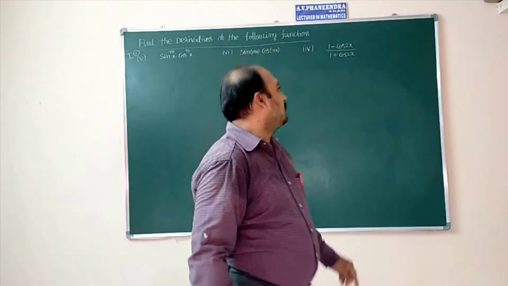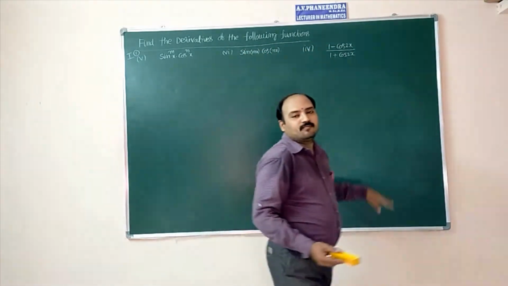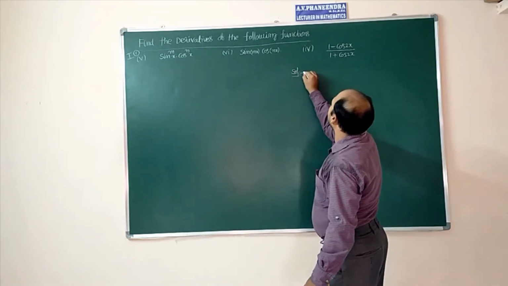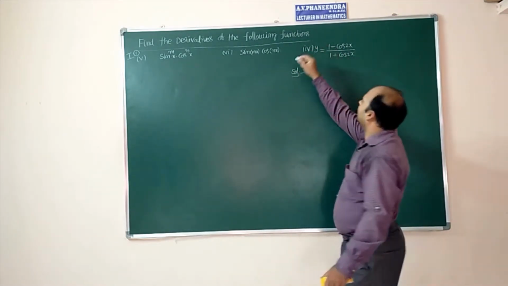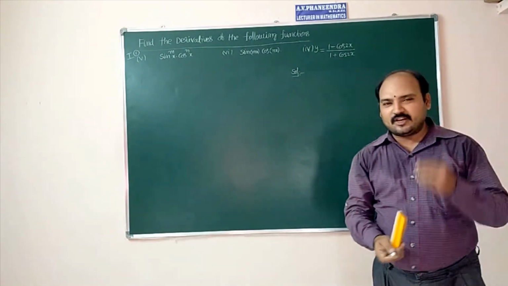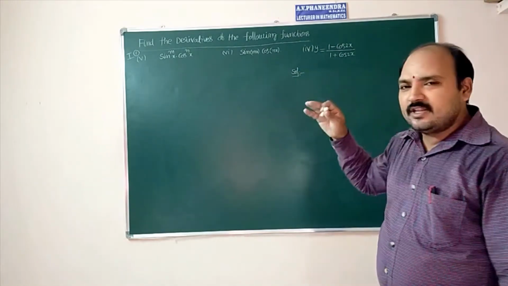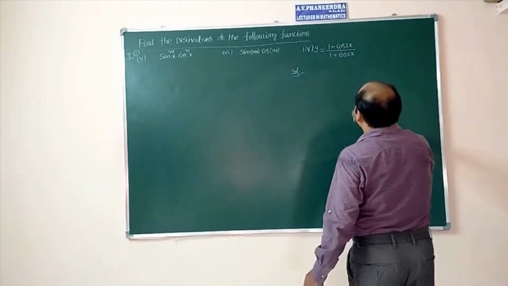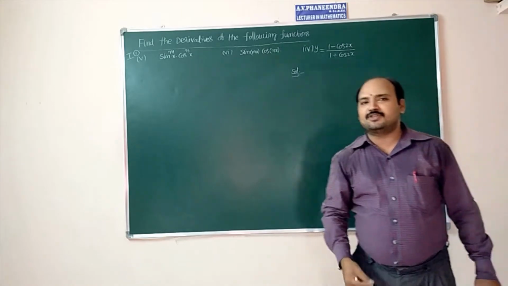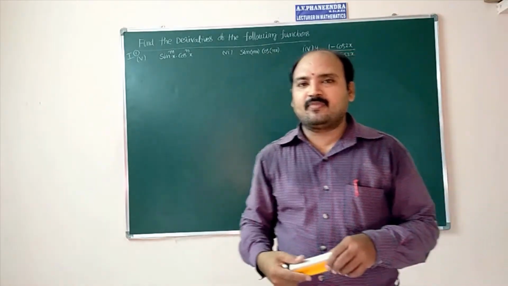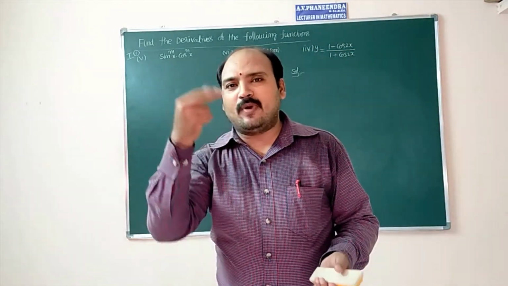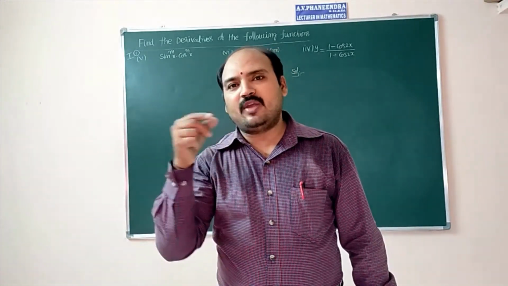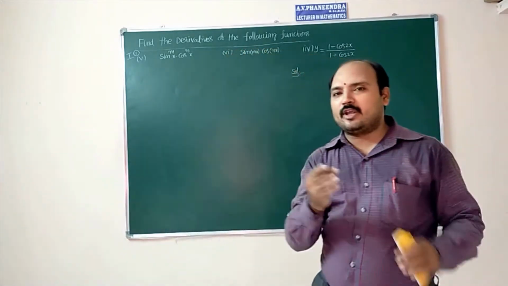Let us see question number, problem letter 4. First, given y equal to the quotient. Generally, it is in the quotient form, p by q form. Whenever it is in the form of p by q, we can apply the quotient rule of differentiation. D by dx of u by v is v into du by dx minus u into dv by dx, divided by v square. Like this formula we can apply.